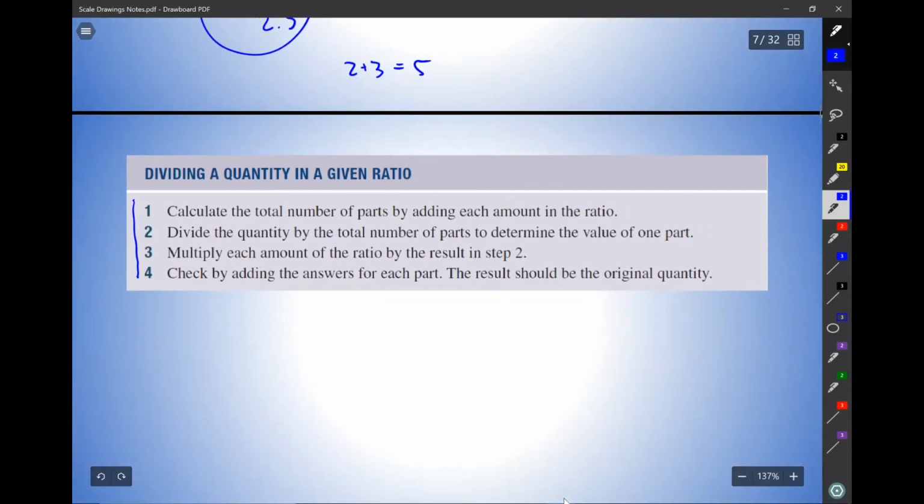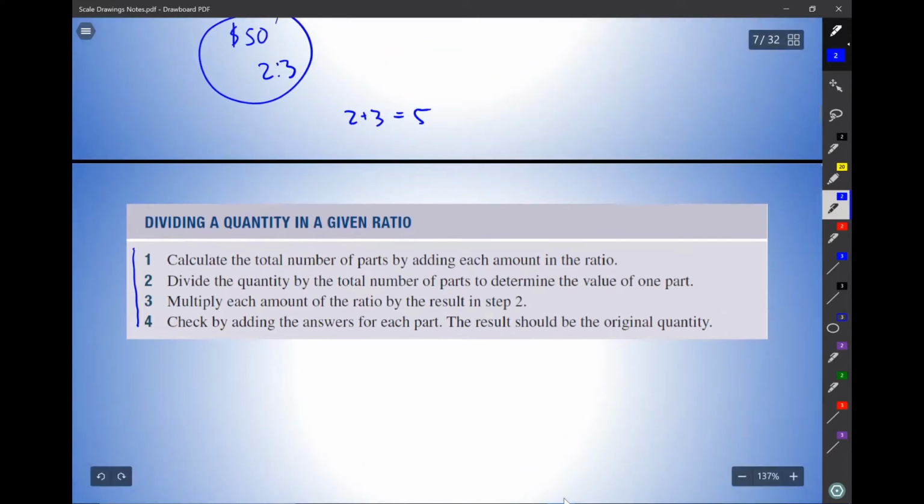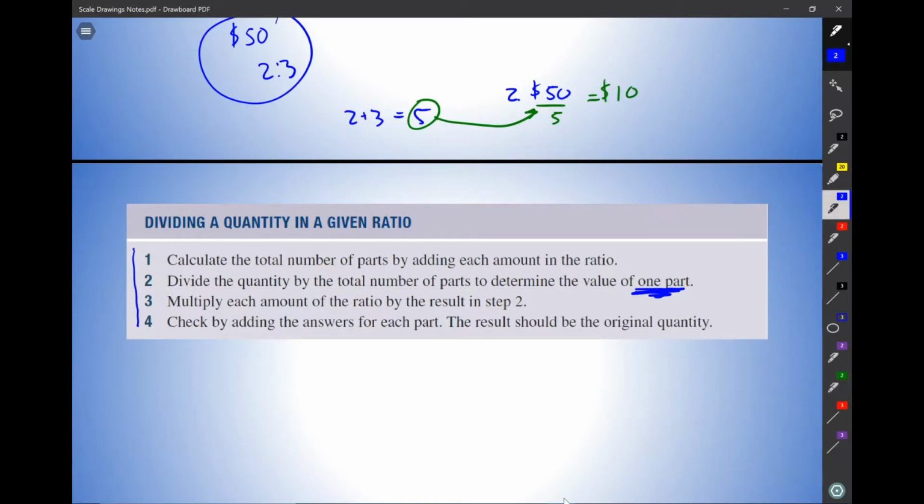Now in step 2, we divide the quantity by the total number of parts. What we're doing here is determining the value of 1 part. So step 2, we're taking our original amount, the $50, and we're bringing the total number of parts over here and dividing. So 1 part is worth $10. Now you know that 1 part is worth $10. That means that